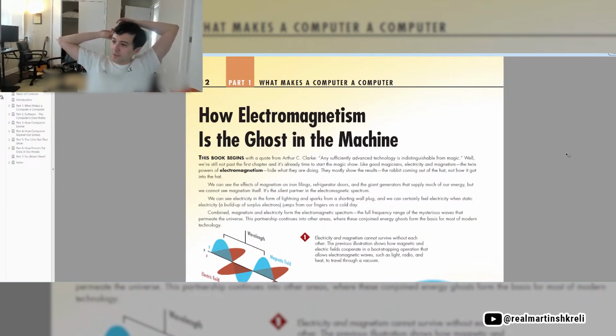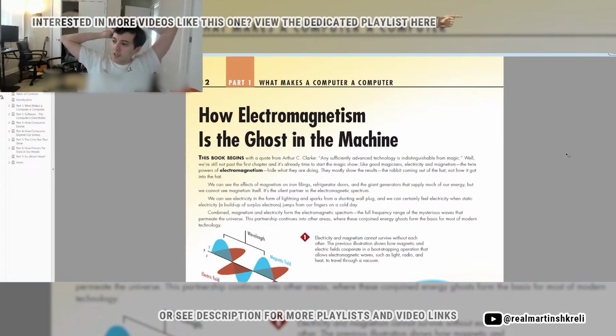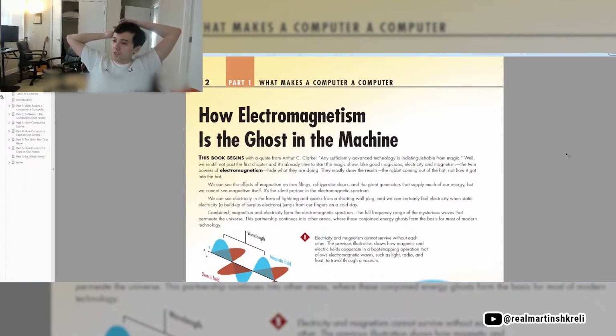How electromagnetism is the ghost in the machine. This book begins with a quote from Arthur C. Clarke: any sufficiently advanced technology is indistinguishable from magic. Well, we're still not past the first chapter, and it's already time to start the magic show. Like good